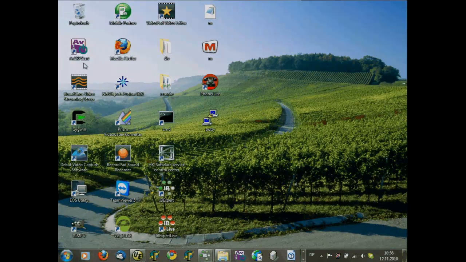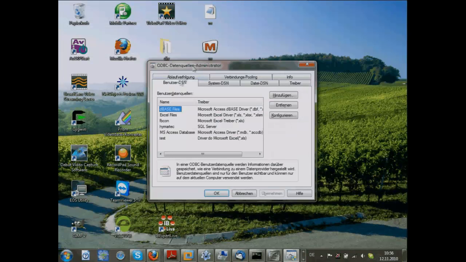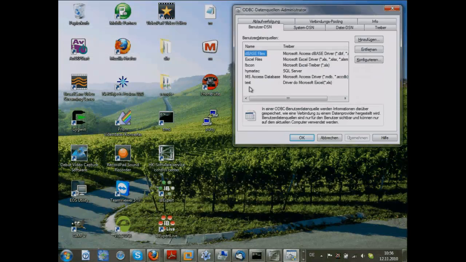Therefore, you need a specific ODBC administration tool. It's really important when you're working with ODBC 32-bit on Windows 64-bit versions. There is an ODBC administrator, which is typically only for 64-bit ODBC.